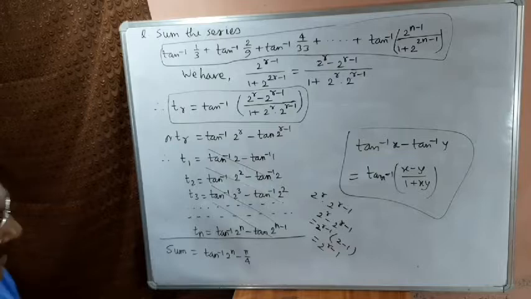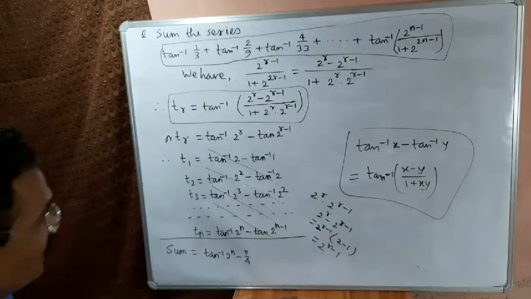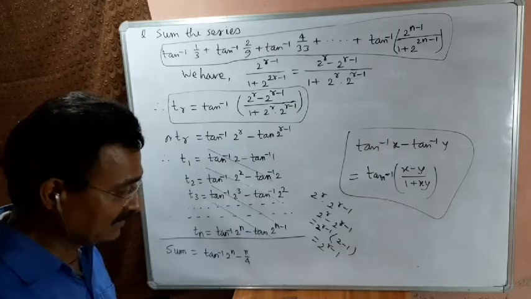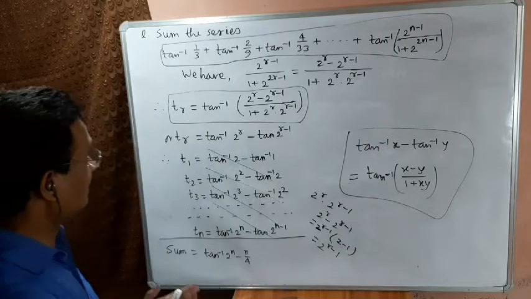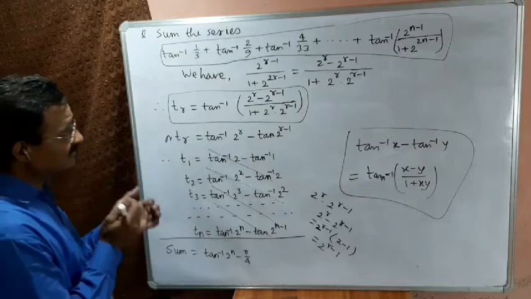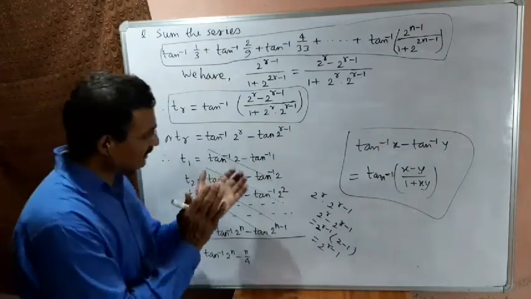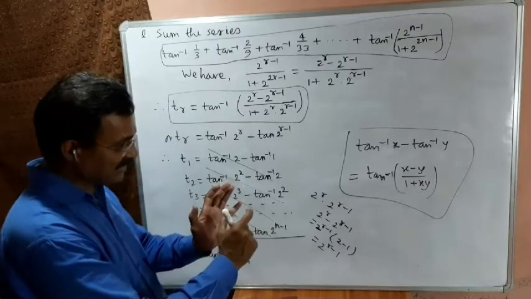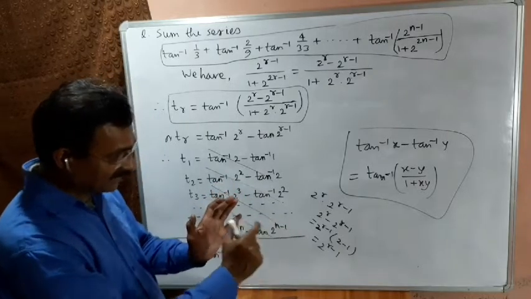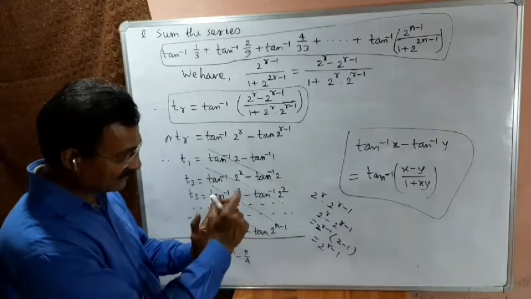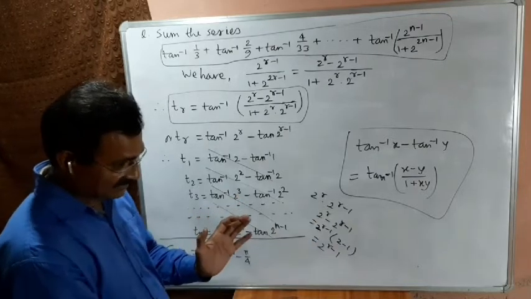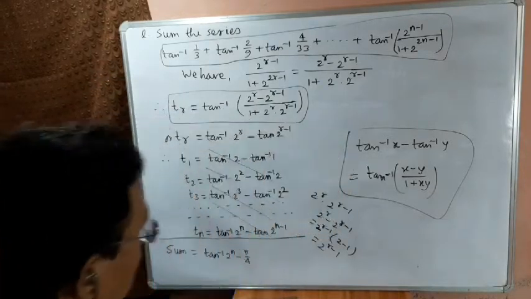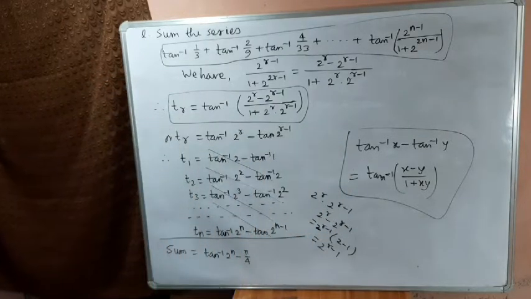So in such problems, we should use the same process of thinking. Our thinking should be in the same way, and the main technical work is that whatever is with tan inverse should be expressed as something minus something divided by 1 plus first something multiplied by second something. Okay, let me see some more problems on this concept.